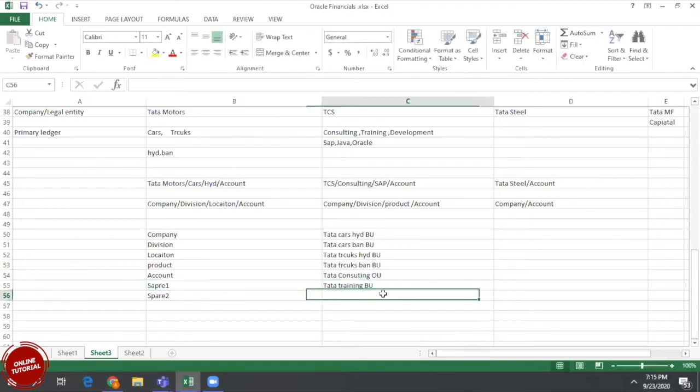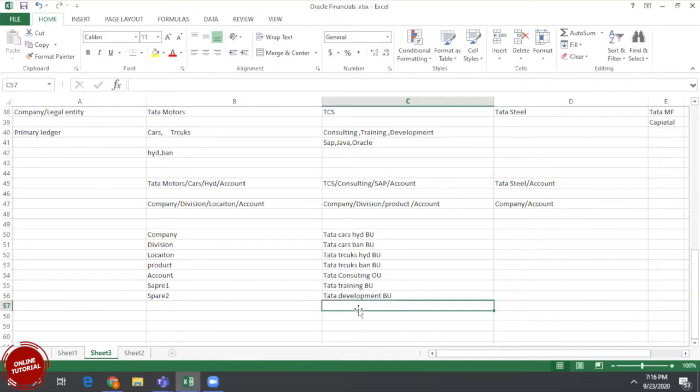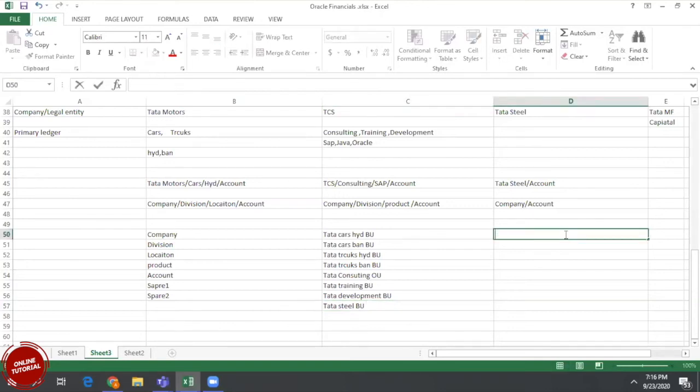For company Tata Steel, the company itself can be taken as a business unit. So the location, or the divisions, or the company can be treated as a business unit.